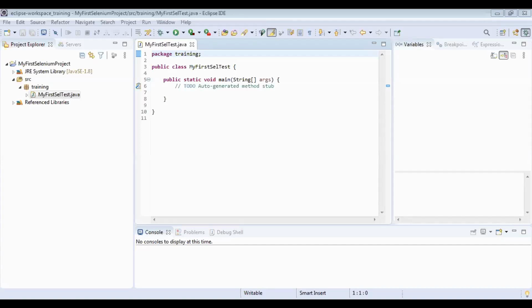Based on the version of Chrome installed on your system, you can download the Chrome driver. You can see here it says it supports Chrome version 81. If you're using a higher version of the Chrome browser and download a lower version of the driver, you might have a compatibility issue, and it might give some error.